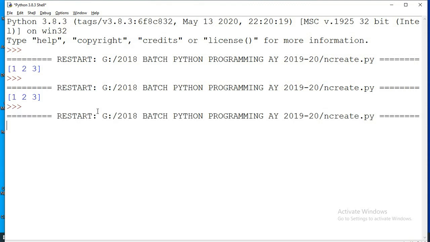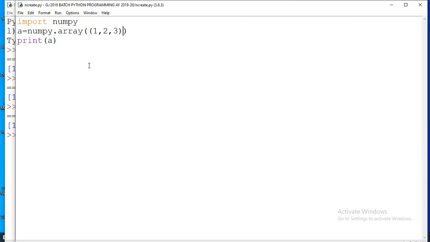See again, so still we are getting the same answer, right? So we can give an array, I mean a list or a tuple. Now, how to create the one-dimensional array? See, as we have said, d is equal to numpy.array of 54, which gives